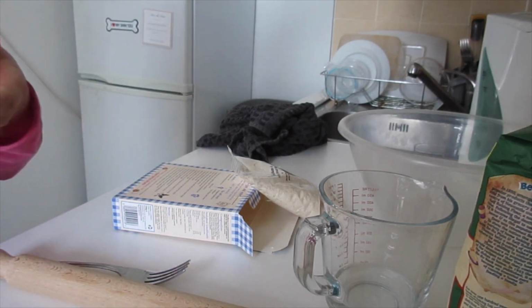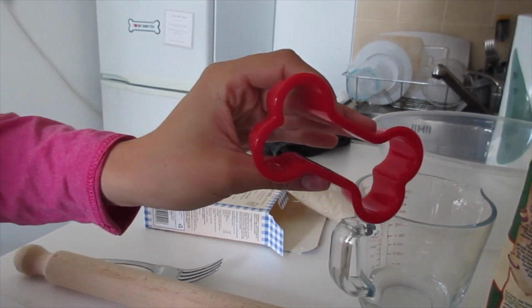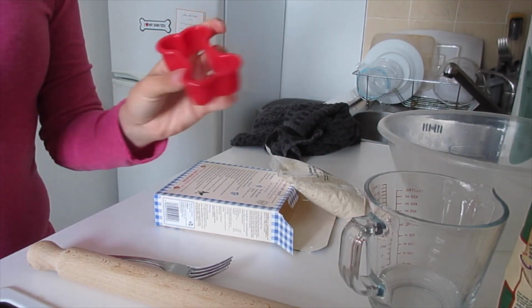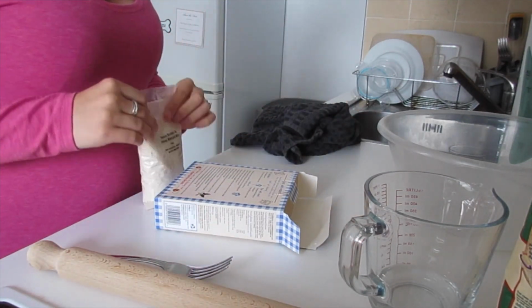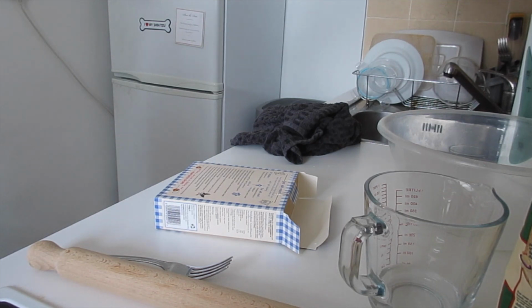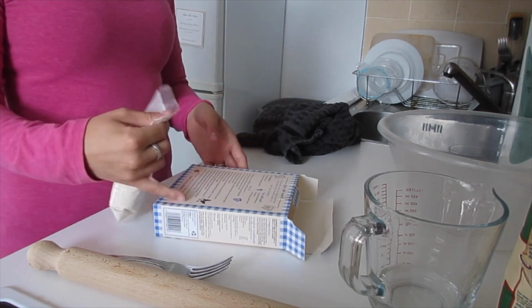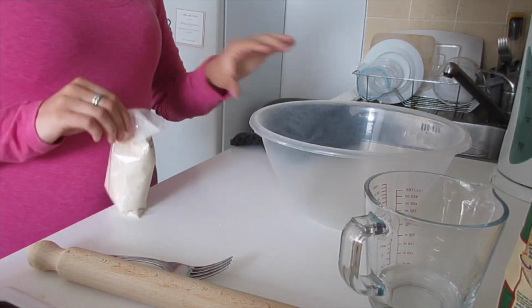It's too big. But what we're going to do is cut 2, just because the cutter came with it. We'll cut 2 of that size, and we'll break them up and give it to them anyway. Okay, now let's go ahead, and where's my scissors? Don't have scissors. Brilliant, great start. I'll just tear the bag open. So I've got my bowl,